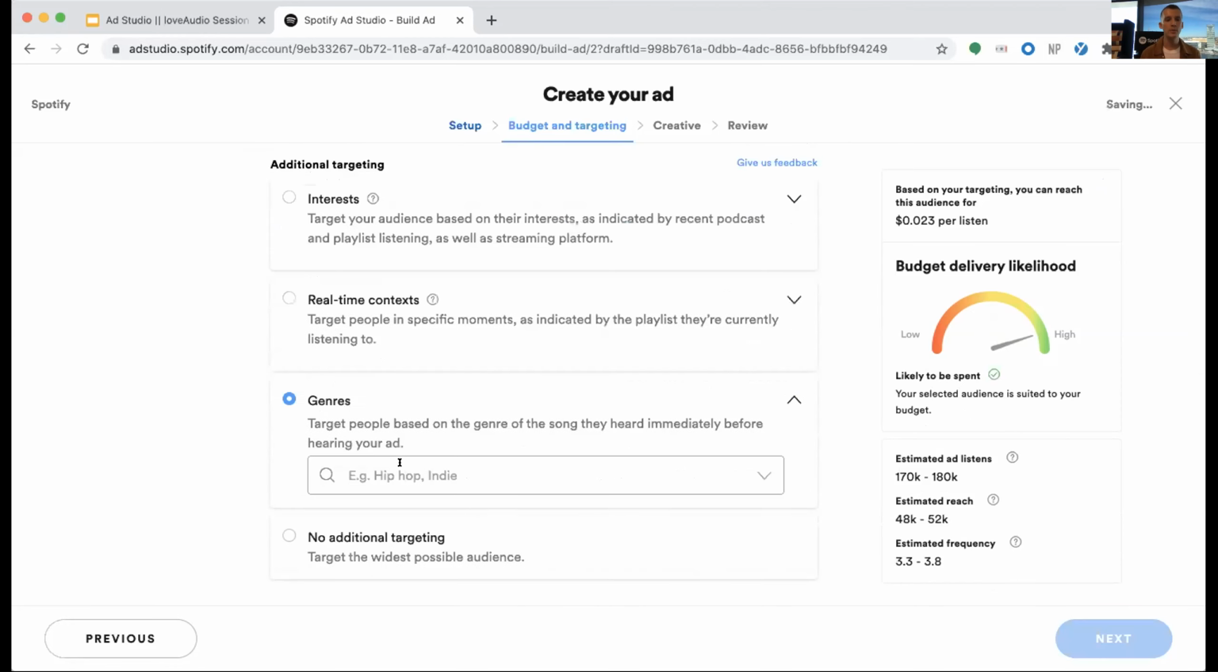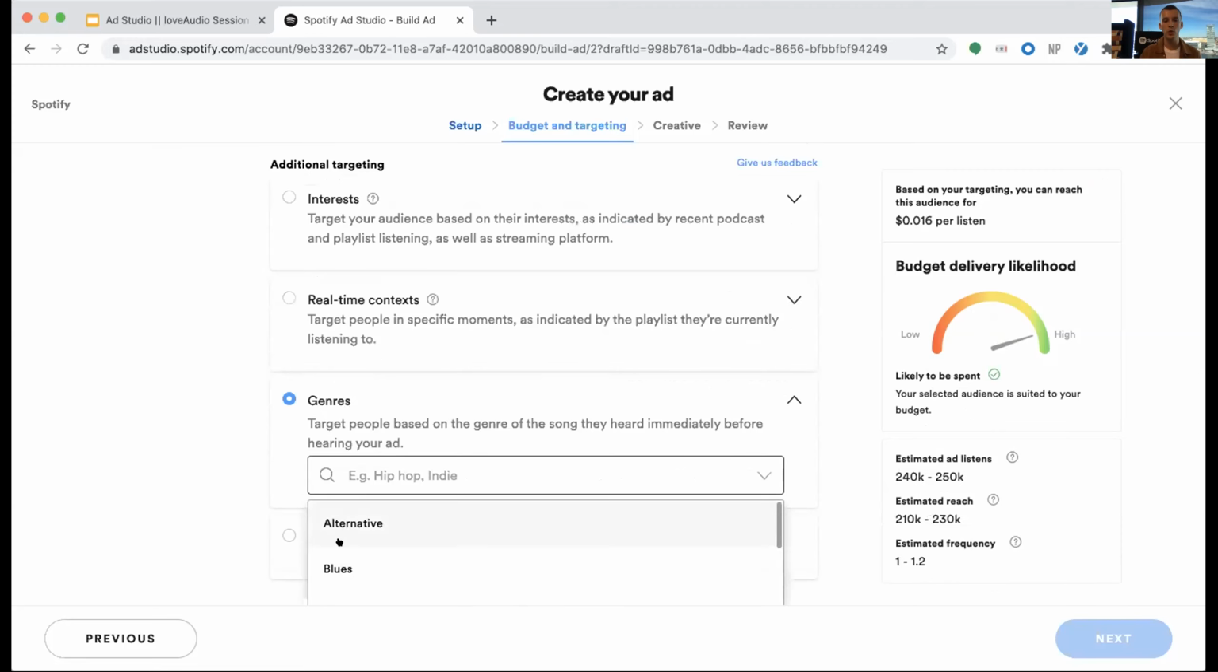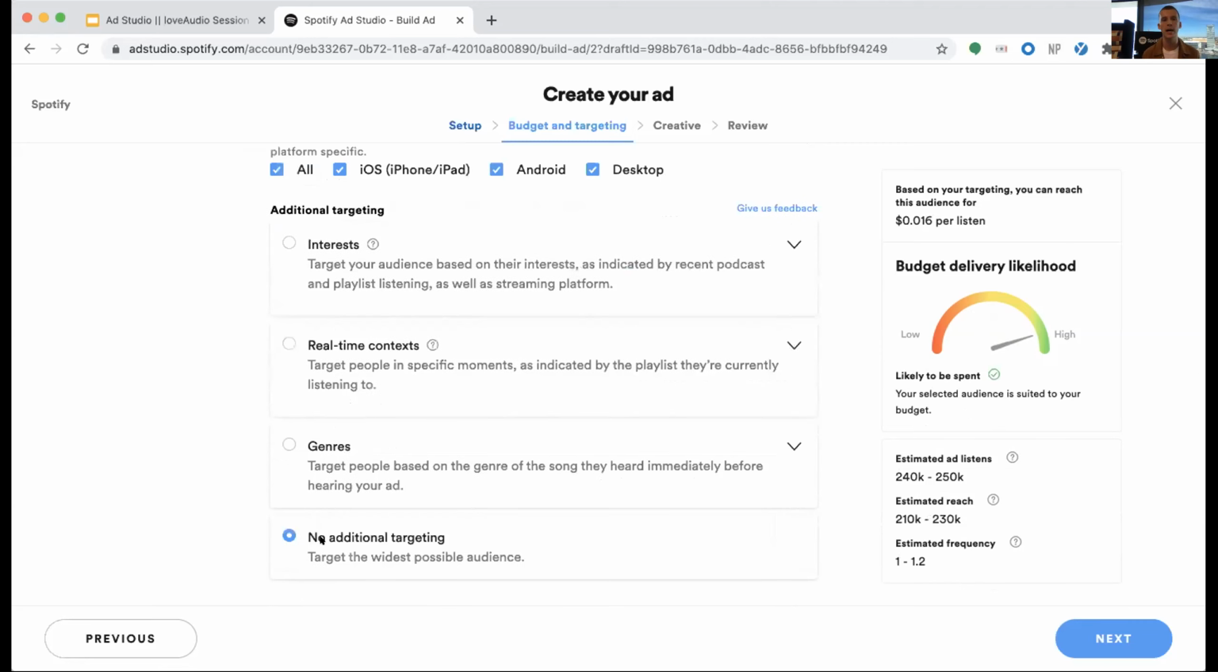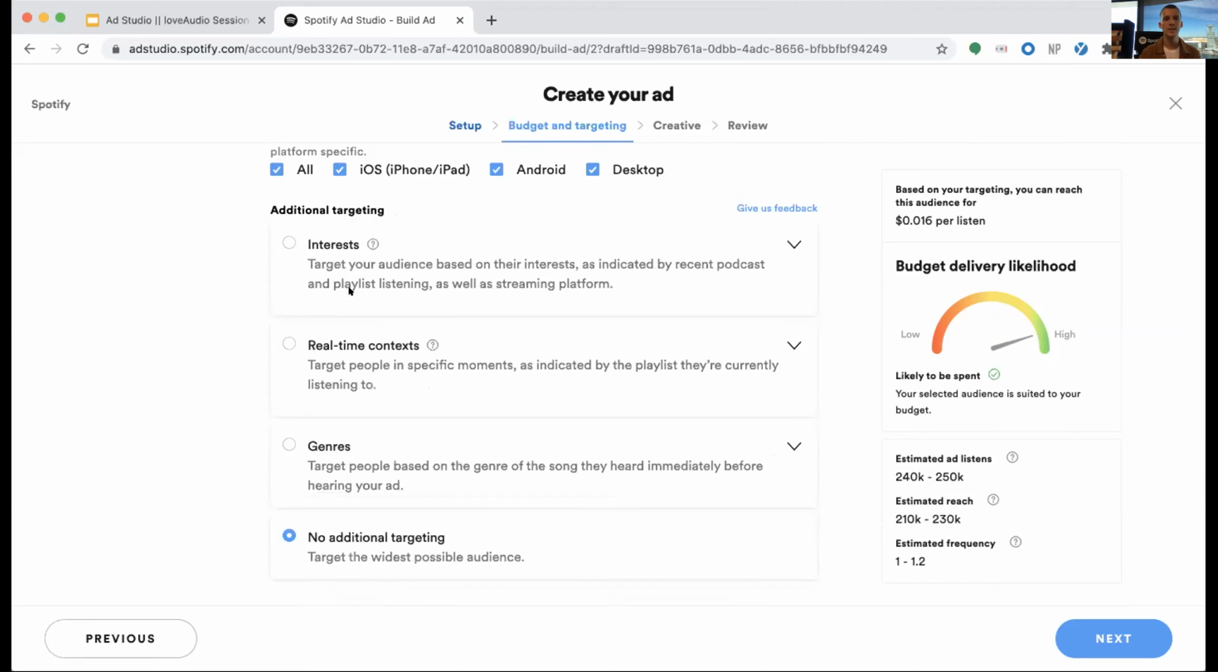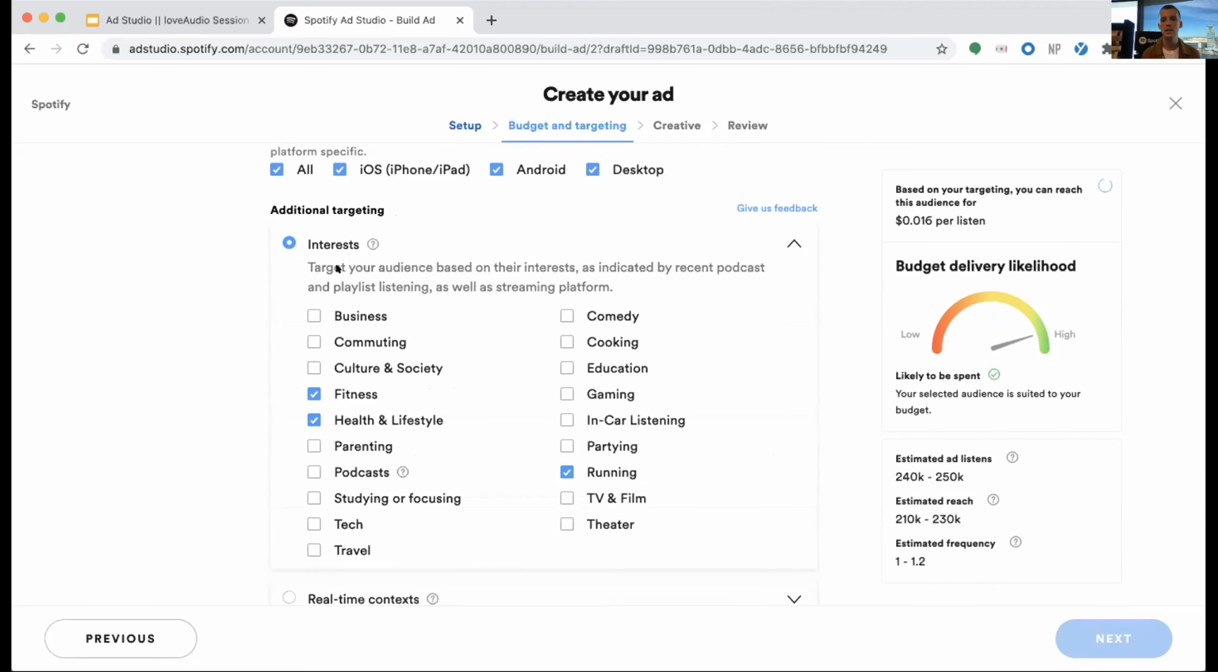Genre targeting, I won't spend too much time on this, but this essentially uses the same logic as real-time context and allows you to reach users listening to certain genres of music right now. And then no additional targeting will just apply the targeting that is and has been applied from a demo perspective. So in this case, I'm going to go with that interest targeting strategy and then move forward into the next